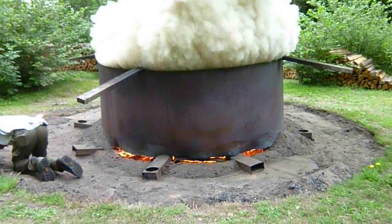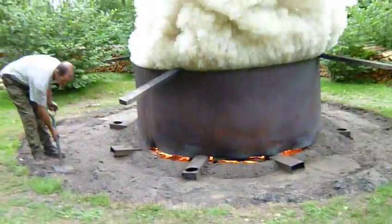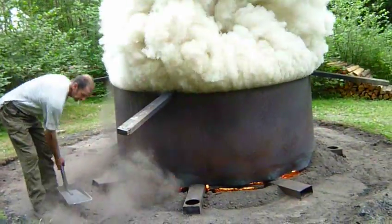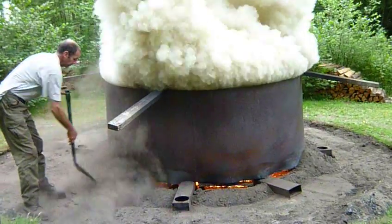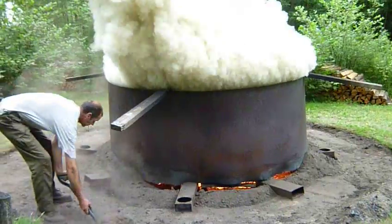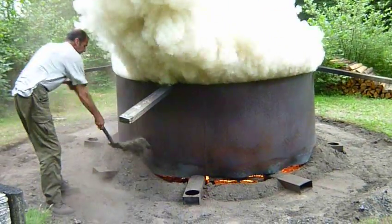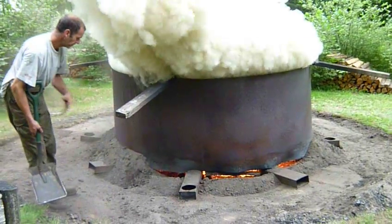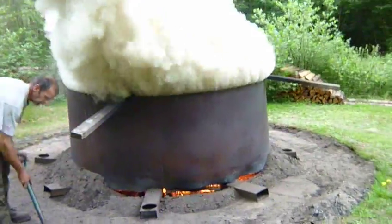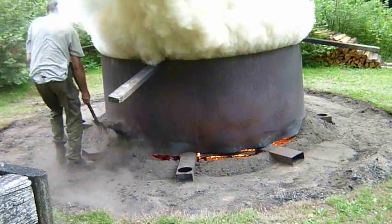Yeah, that's lovely. That's exactly how I like to see it. So I'm going to shut another section down. You'll notice that I throw the sand at the top of the kiln, not in. I don't want too much going in. Throw it at the side of the kiln so it drops down. You get a certain amount go in, but